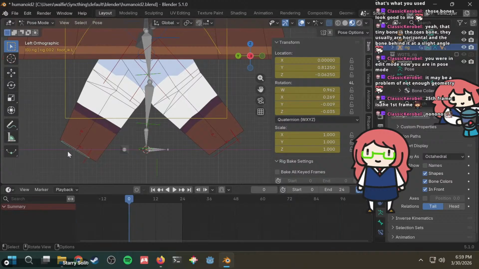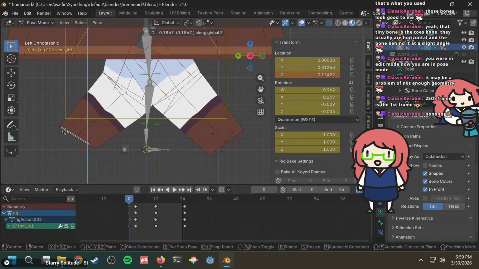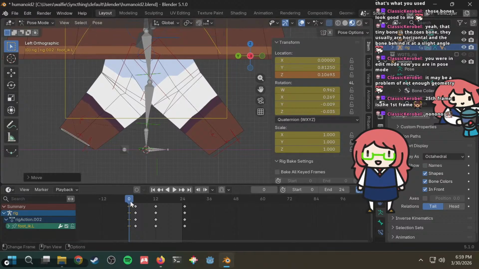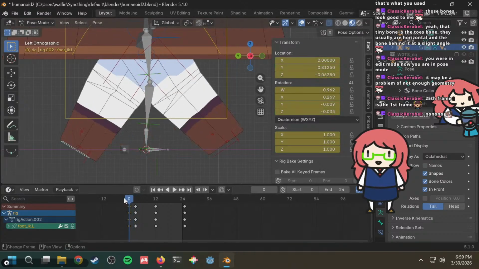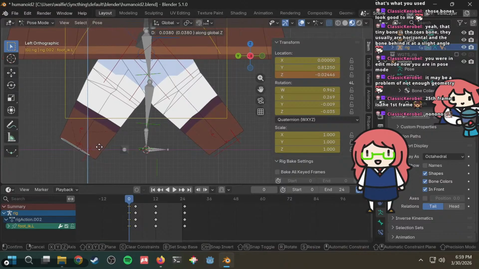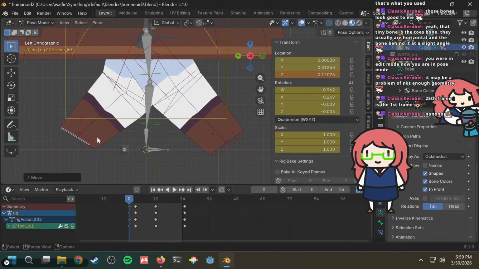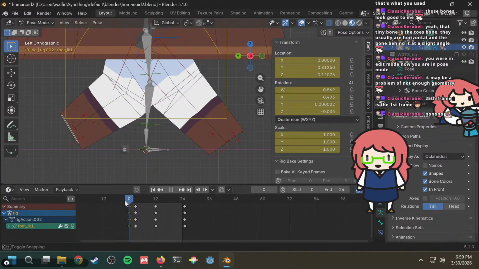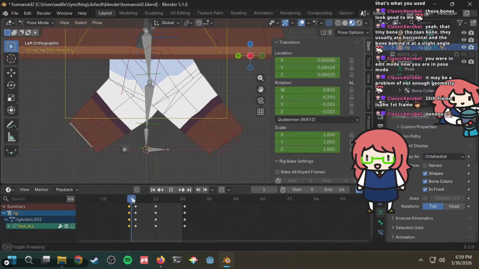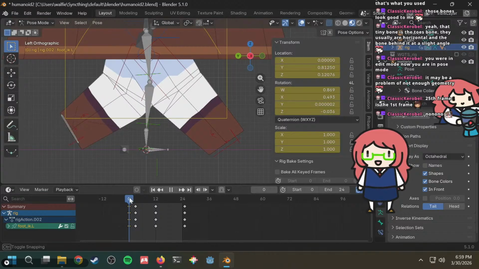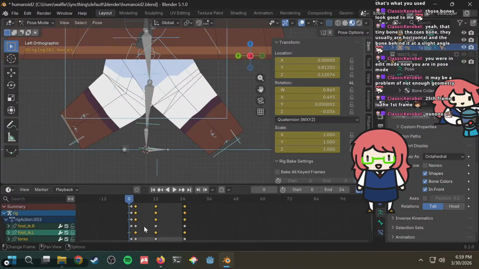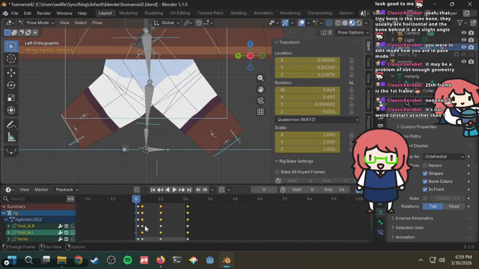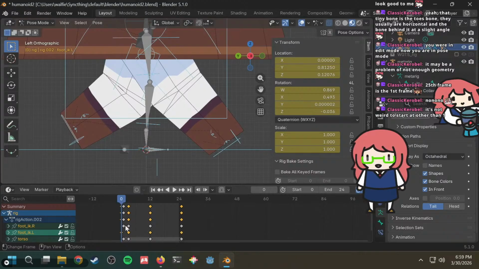I don't know. But now we are editing a valid keyframe. Although it didn't save. Hold on. When I make changes, do I need to insert keyframe? Like it doesn't affect the existing one? Is that the case? Oh, I guess I have to press I for it to be preserved. I see. Okay. Because I was not doing that. I was simply not doing that. It's not weird to start it other than... Okay, that's good.